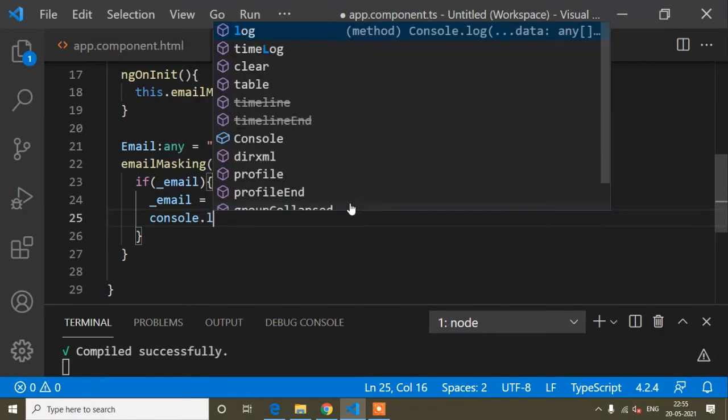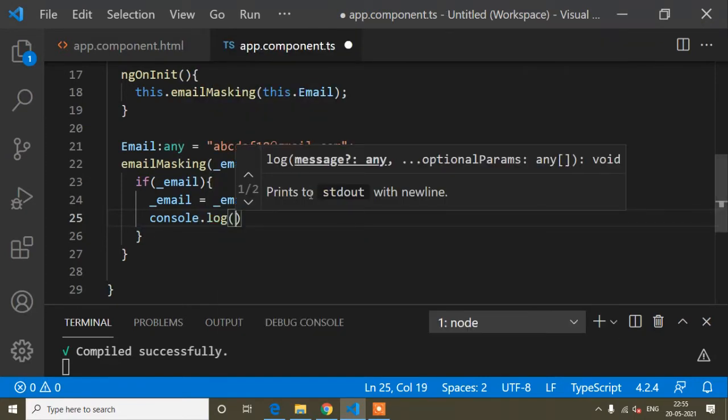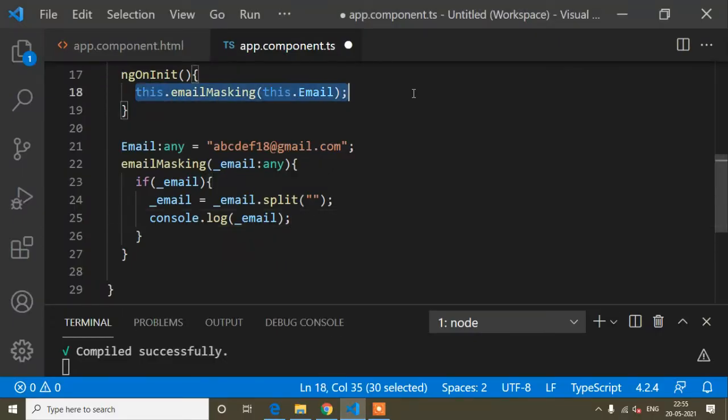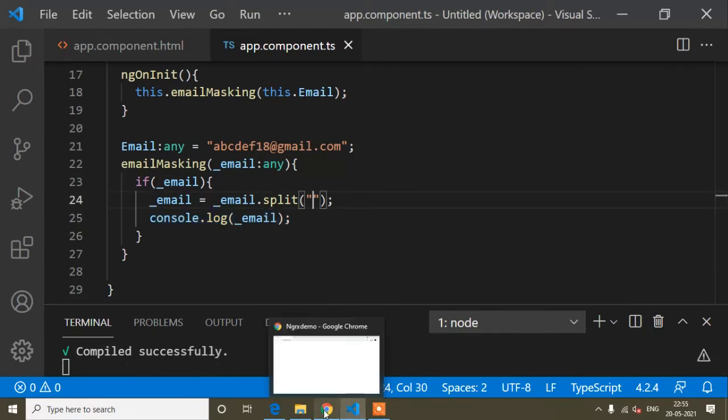So console.log, and I will copy and paste here. Now when I save, our page will reload automatically and this method will be called automatically, so then I can get the console output. I have saved the split, and now it will start to reload.